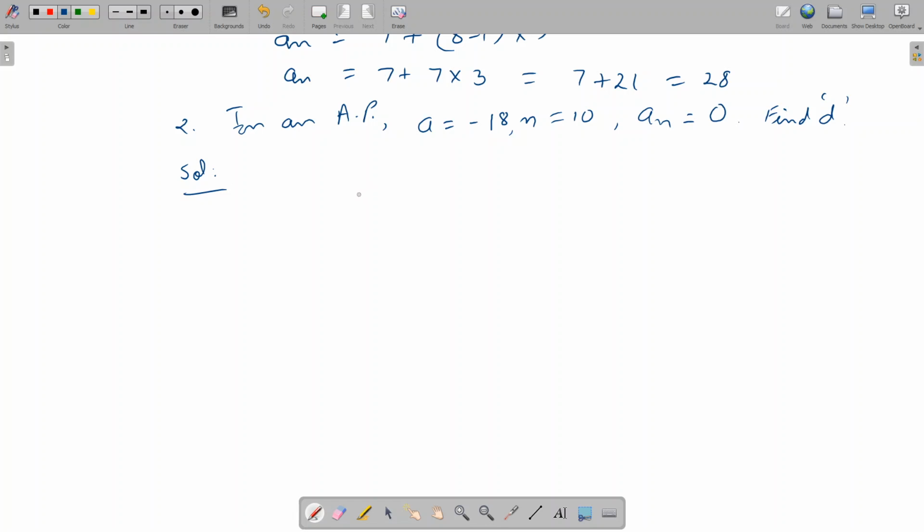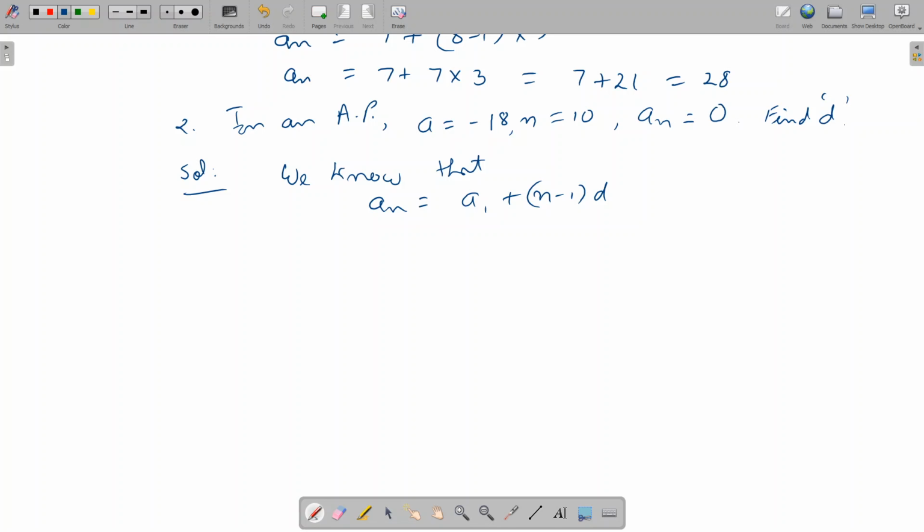So the solution again, as I told you, is a very simple one. First you have to remember or recall the formula for the nth term of an AP. So first you write down the formula for the nth term of an AP. We know that an equal to a1 plus n minus 1 into d. Simply you have to put the values of a1, an, n, and d is not there. So d we will keep as it is, and just do the calculation work.